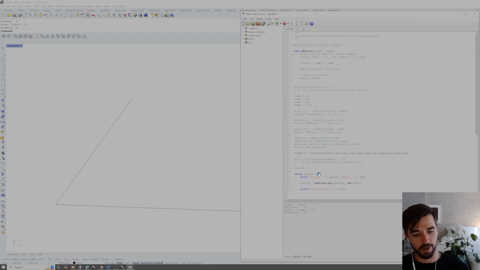Now what happens if I make this 140? Well, now what's going to happen is it's going to iterate through adding in steps of 12, because our num1 value is 12, adding in steps of 12 until the result is greater than or equal to 140. So if I hit play, we're now getting that output, and we're seeing that result after is 48, 60, 72, incrementing in steps of 12 all the way up to